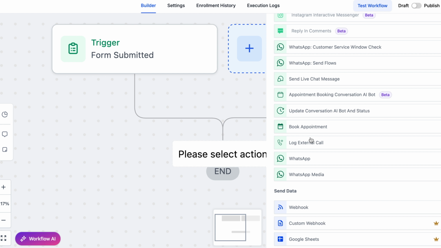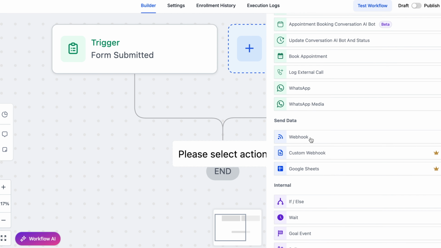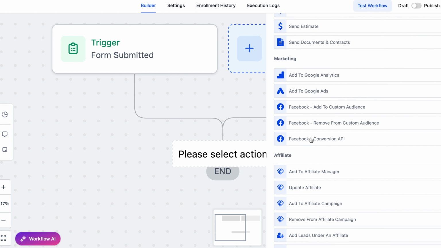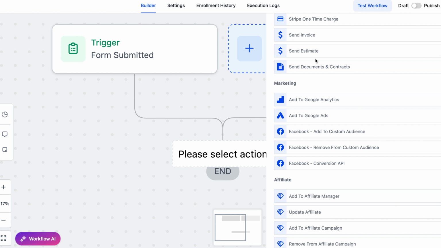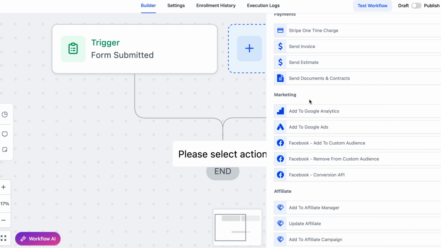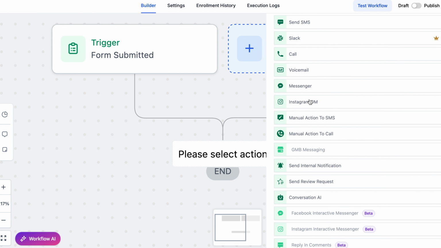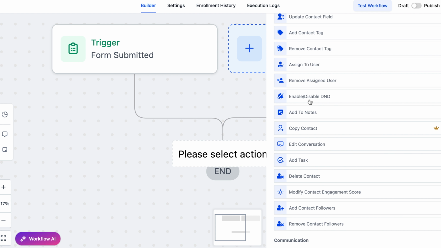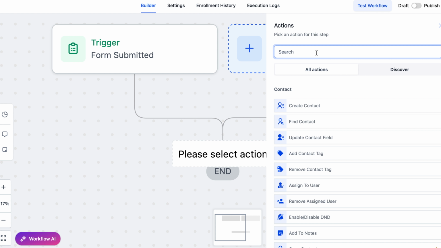So many different features and things that come along with the software. As you can tell, I can keep scrolling down for a long time. Send invoice, send estimate, charge people, send a document and a contract. There are so many different possibilities and capabilities you can do with this software. So we're going to go ahead and we can add